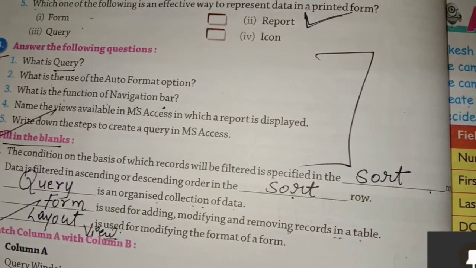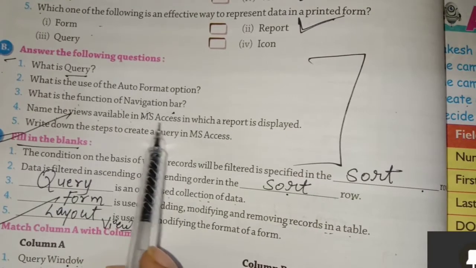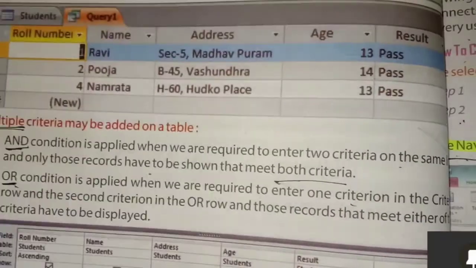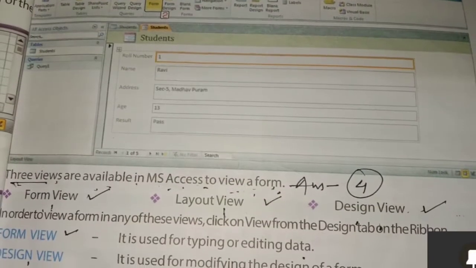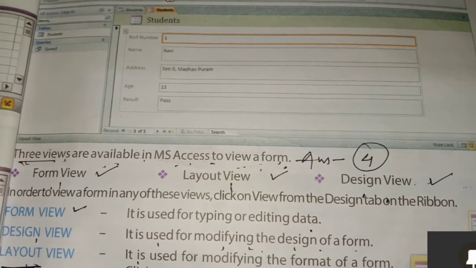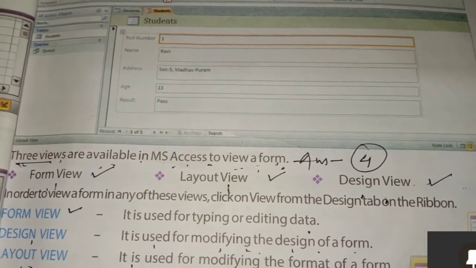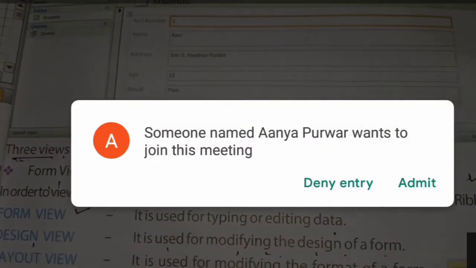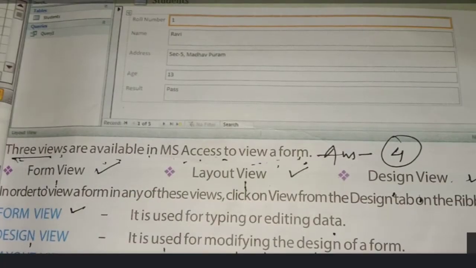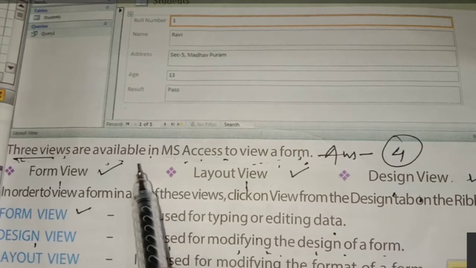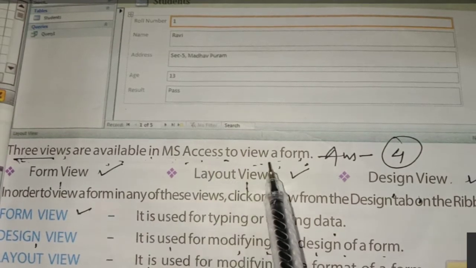Question number 4. Name the views available in MS Access in which a form is displayed. Page number 17. Did you come to page number 17? So you can see just below this picture, there is written 3 views are available in MS Access to view a form.